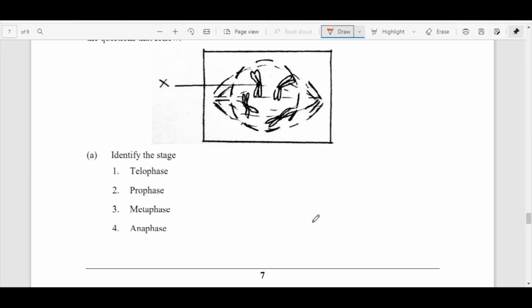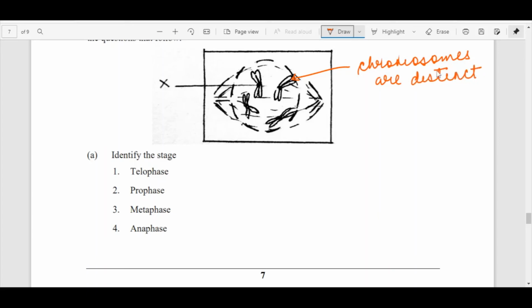इससे पहले कि हम answer दें. Children, first of all, we can see that there are distinct chromosomes, isn't it? Chromosomes are clearly visible. So in short, I am writing chromosomes are distinct over here. Okay, chromosomes are distinct. Next what, children? You can see the nuclear membrane. I am writing in short, nuclear membrane is disappearing. ठीक है, disappear हो रहा है. And nucleolus has already disappeared. Nucleolus जो है वो already disappeared हो चुका है. Nucleolus disappeared. Next what you can see, beta?